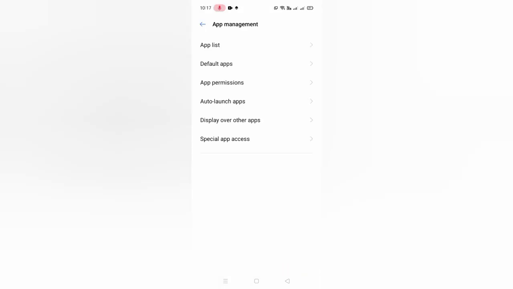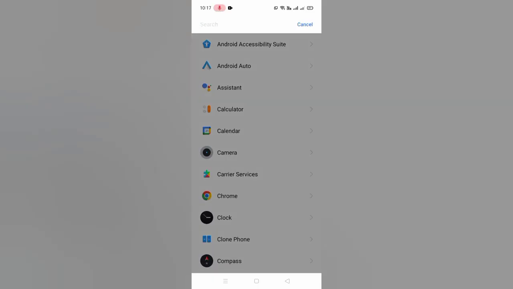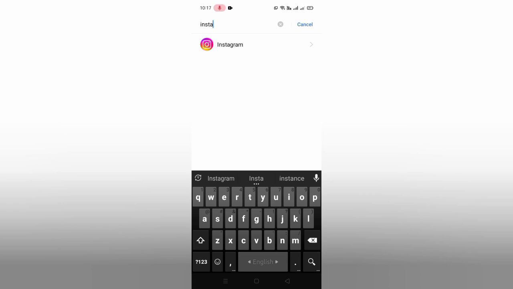So you will find this option in settings, and go to app list, and here search Instagram, then click here,